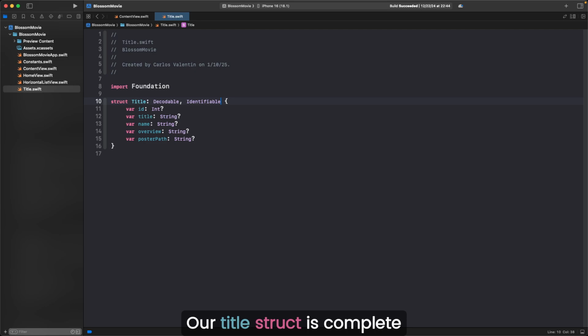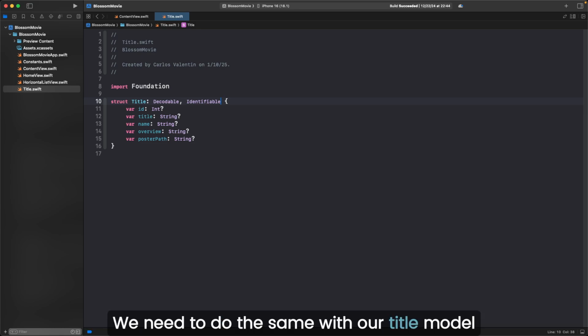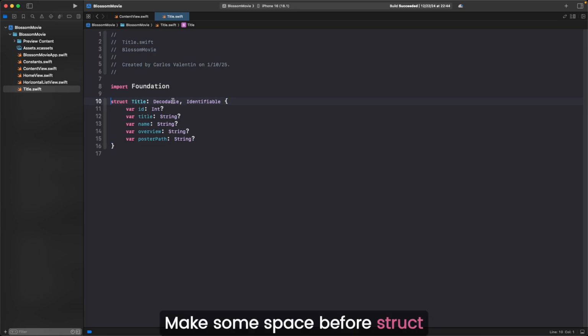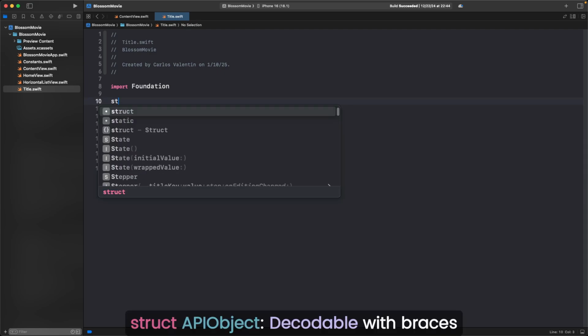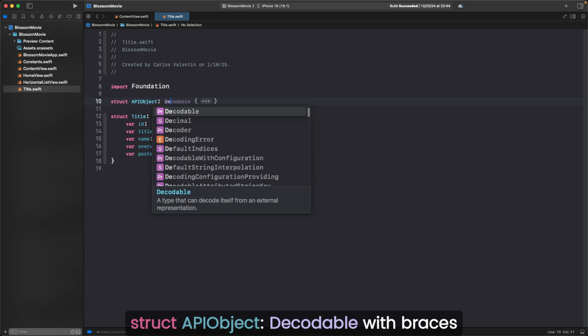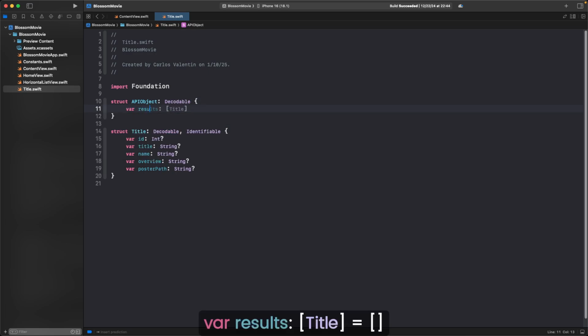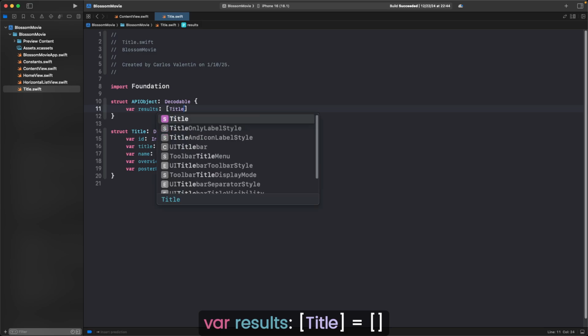Our Title struct is complete. In the API data, title was under an array called results. We need to do the same thing with our Title model. Make some space before struct APIObject: Decodable with braces, var results: [Title]